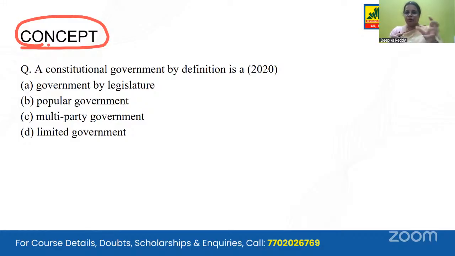See, for example, what do you mean by constitutional government? Unless you know what is constitutional government, the concept, the idea behind it, you'll not be able to answer. One more reason why I picked this question is, if you notice, the same question with a little change in the words was asked 3 times till now in prelims and in quick succession. In 2021 this was asked, 22 it was asked, 23 it was asked. The question was on constitutional government.